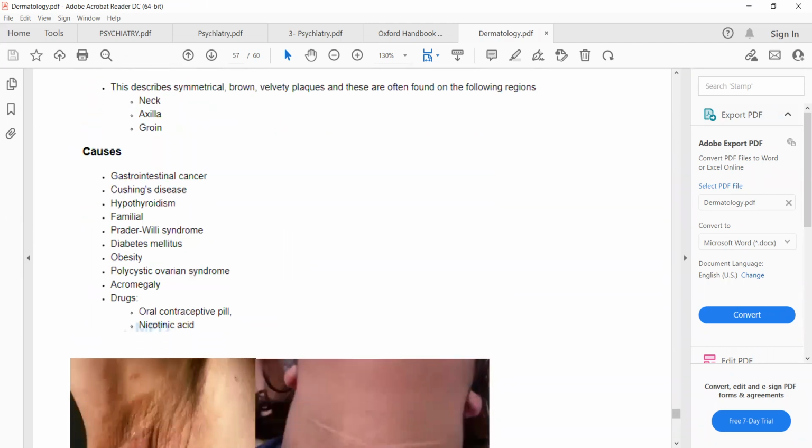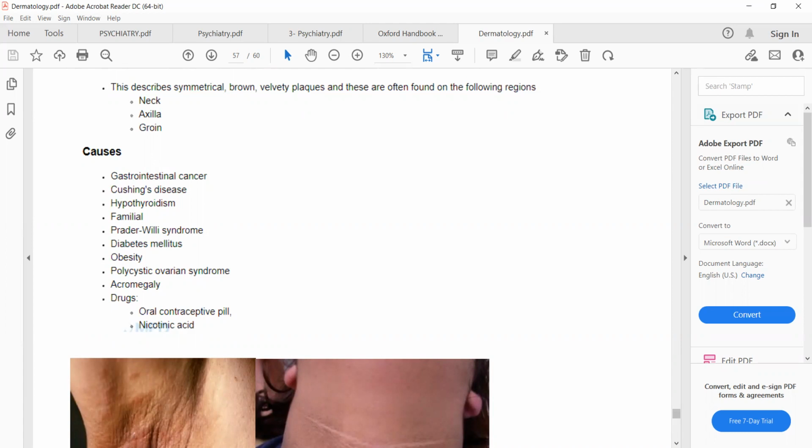Xanthlaesma nigricans is a feature of, we discussed it in polycystic ovarian syndrome, because in polycystic ovarian syndrome there is insulin resistance, which can lead to fibroblast proliferation and formation of these brown velvety plaques in the neck, axilla or groin, that is known as Xanthlaesma